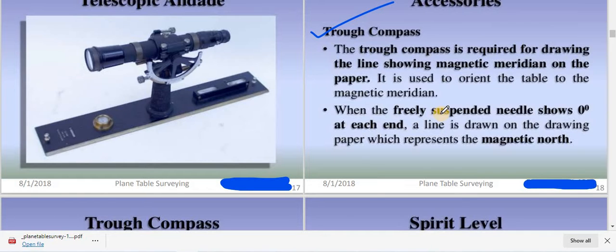It shows magnetic north and magnetic south. That magnetic north and magnetic south is nothing but your magnetic meridian. When the freely suspended needle shows 0 degree at the end, the line is drawn on the drawing sheet, the drawing paper, which represents magnetic north. Whenever it is showing 0 degree, that line is drawn on your drawing sheet. That is called your magnetic north.